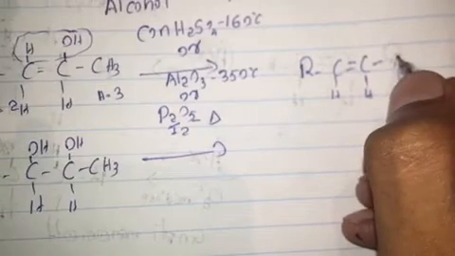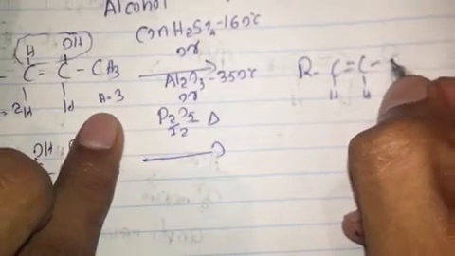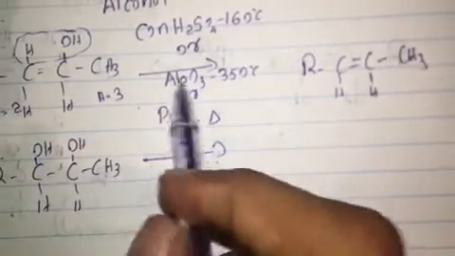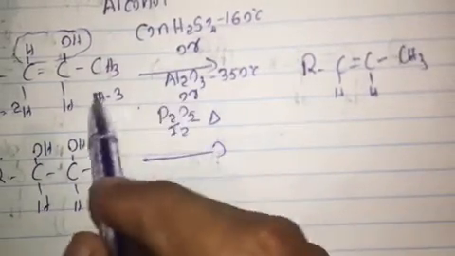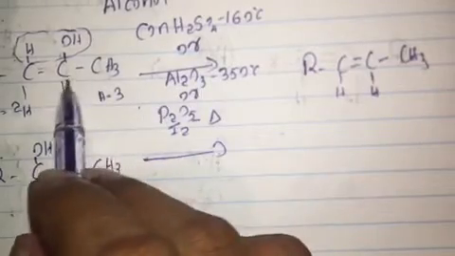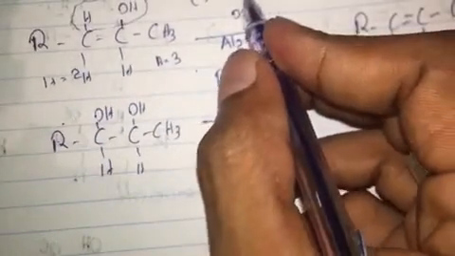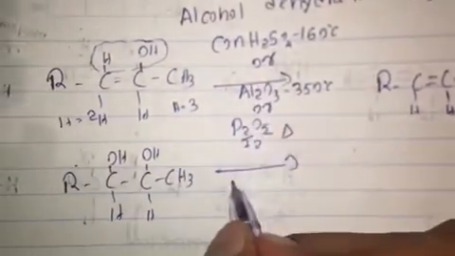Form the alkene. When we add these reagents to this alcohol, see this molecule has two OH groups. We put the same reagents: concentrated sulfuric acid,